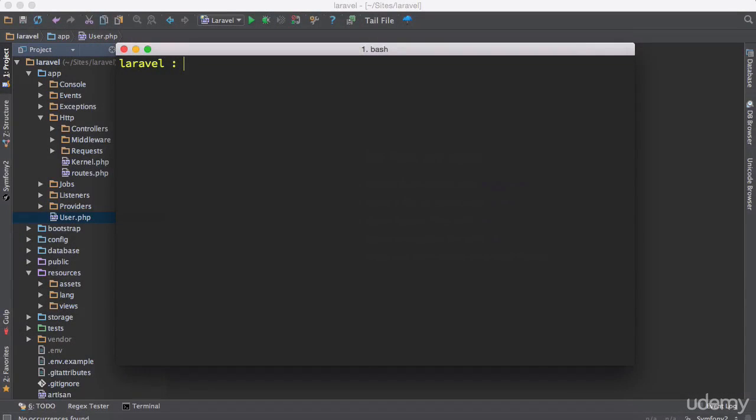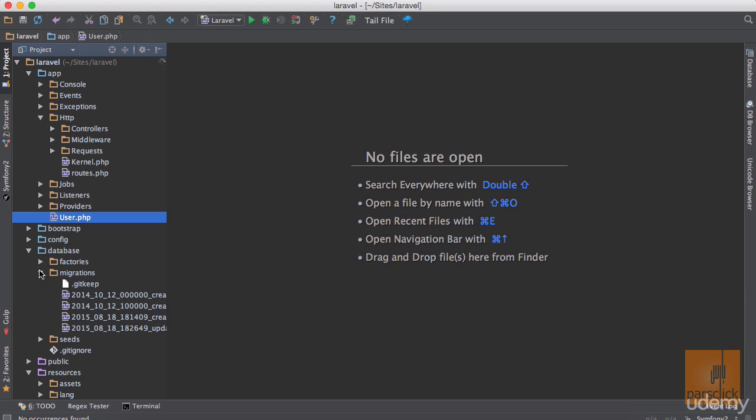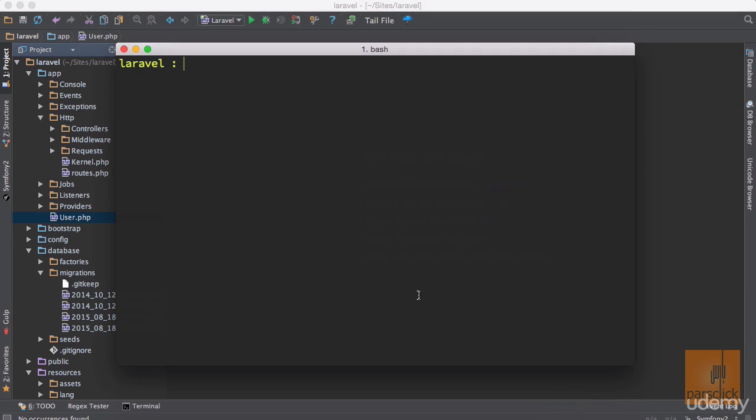In this lesson, I want to show you how to create a model using artisan commands. But keep in mind that when you issue a make model command, it's not going to actually create any controller for you or any migration for you. If I open up database migration, you see that I have 4 migrations here. What other frameworks do is when you create a model, it will create a controller for you as well. And also sometimes you can see that they create a migration for you, because